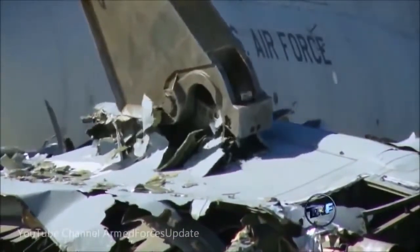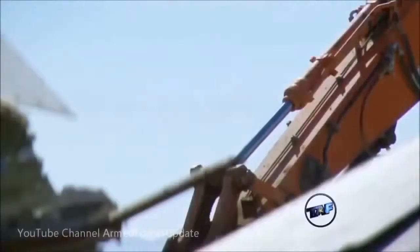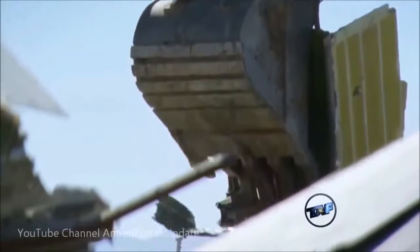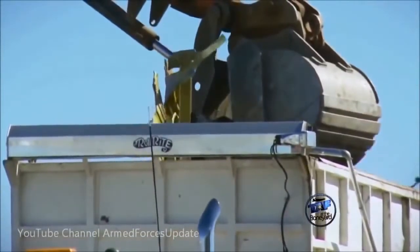Right here, the C5 takes about 4 days of work to cut down and to process. Just what we do is we shred it down and then we just ship it to refineries. And I just cut it into areas that I feel like would be easiest for me to handle. I just break it. Throughout this special edition of today's Air Force, we've